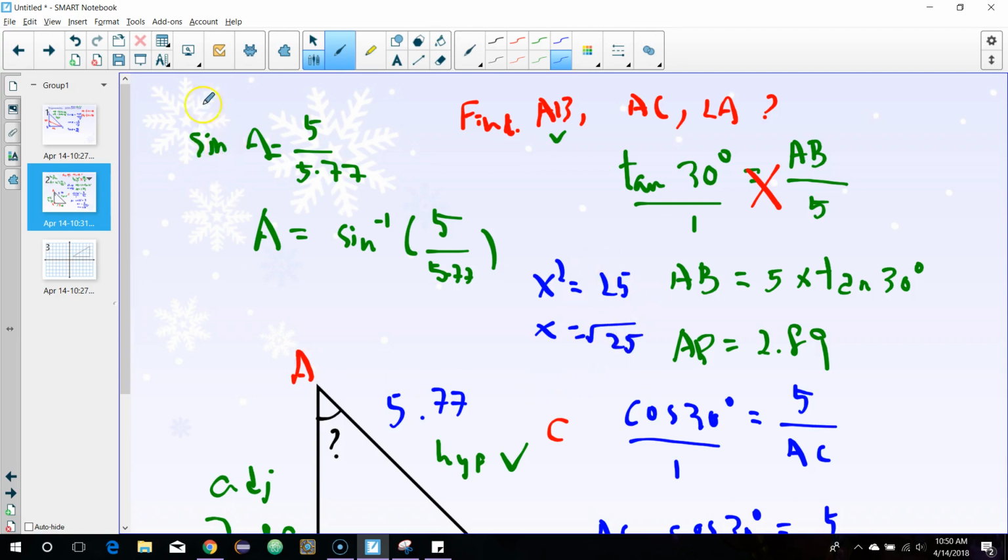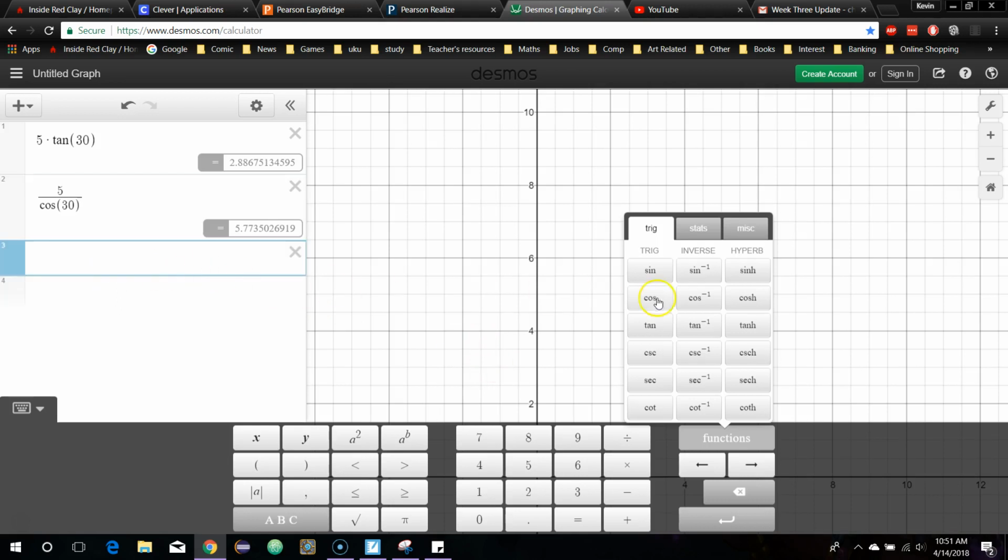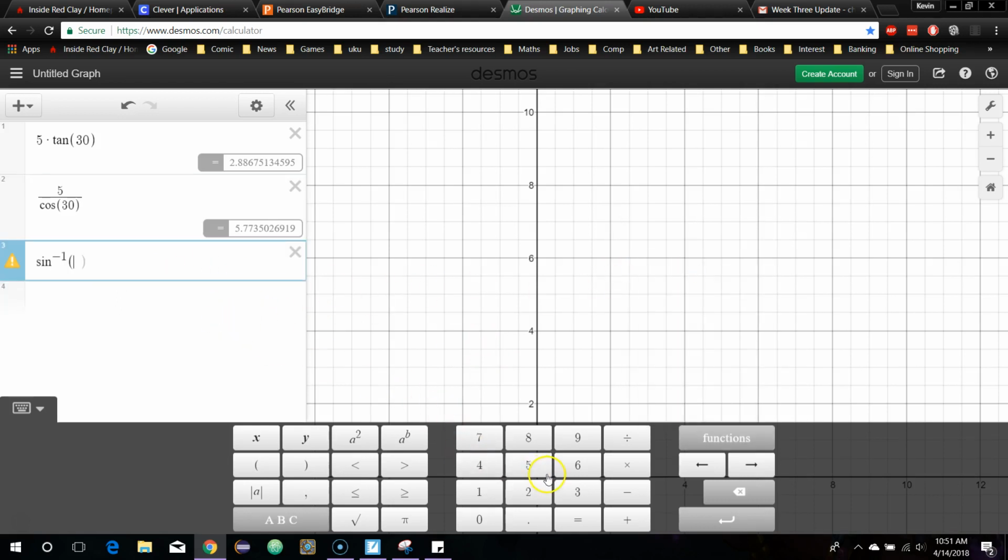However, this time we call it the inverse, sine inverse. So sine inverse of this 5 over 5.77, go to your calculator. This time we are using sine inverse. 5 divided by 5.77 is going to be 60.06. So the answer is going to be,